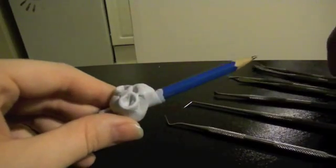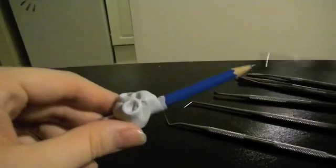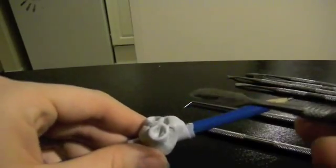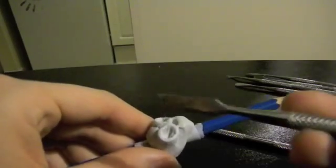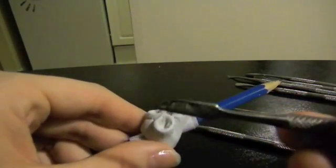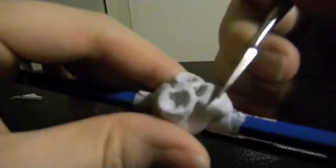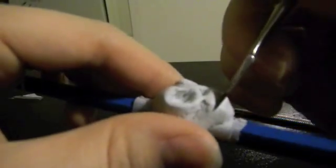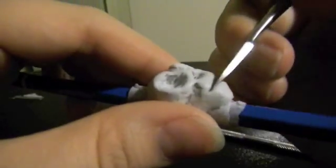Now, where is my cutter one? I think it was, not that one, this one. It looks like this. It's very pointy and sharp, and you might cut yourself with it accidentally, but don't do that. What you want to do is just slice it. Not too deep, you don't want to rip it or anything like that. Just make an indent